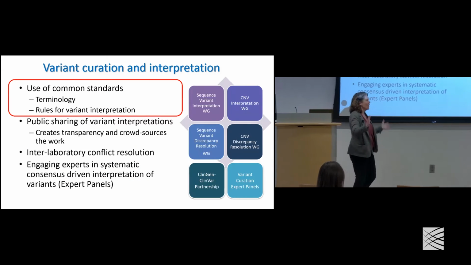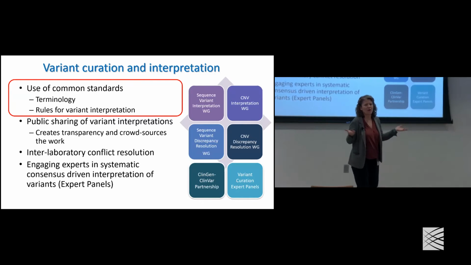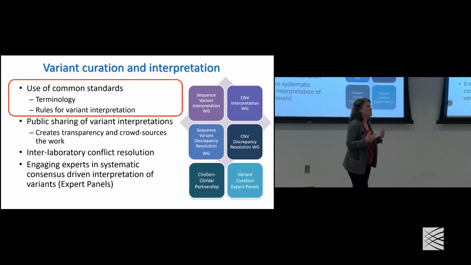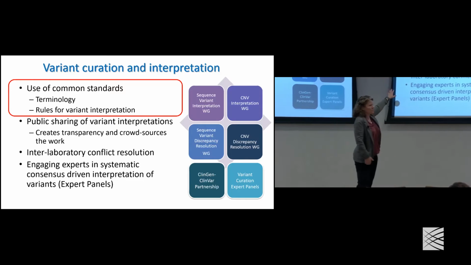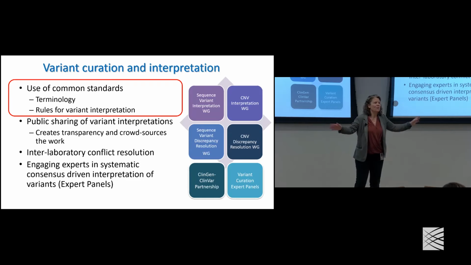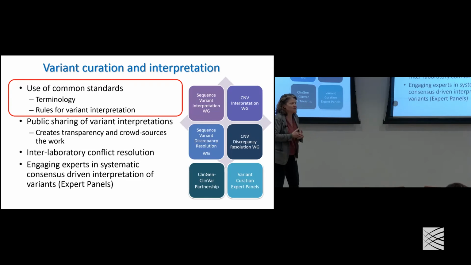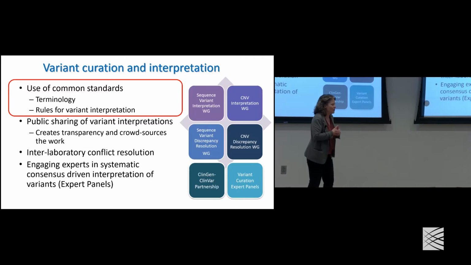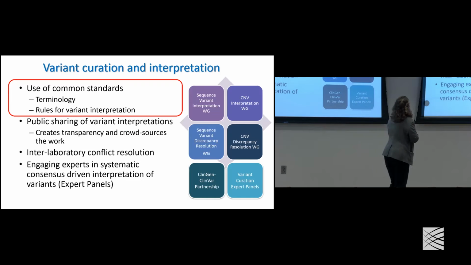It's a lot more involved. We will never have experts be able to classify every variant found in the human genome. There are billions of them, so we have to take a different approach. One of those is to develop common standards and disseminate them to the community, hoping that everybody out there will use the same standards to classify variants. And then we will have more robust databases, because we can't possibly get experts doing this at a rate of a few variants a month to ever tackle all of this.